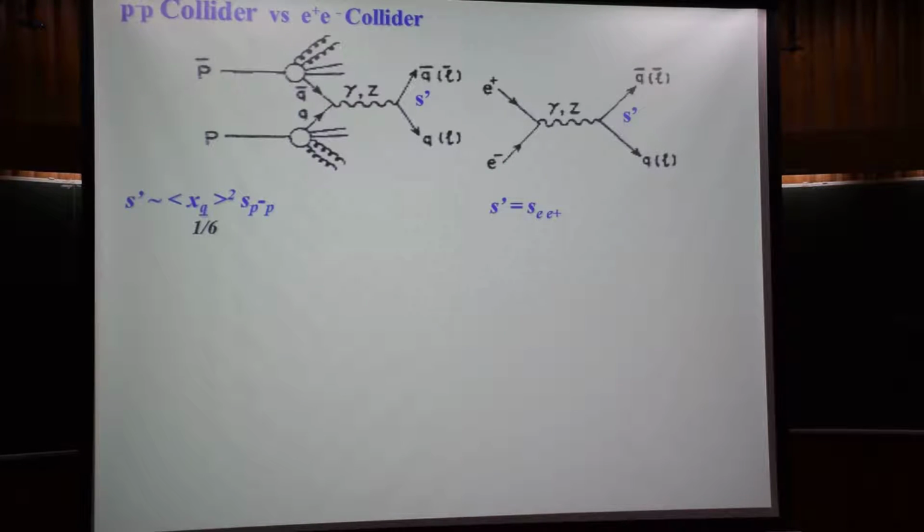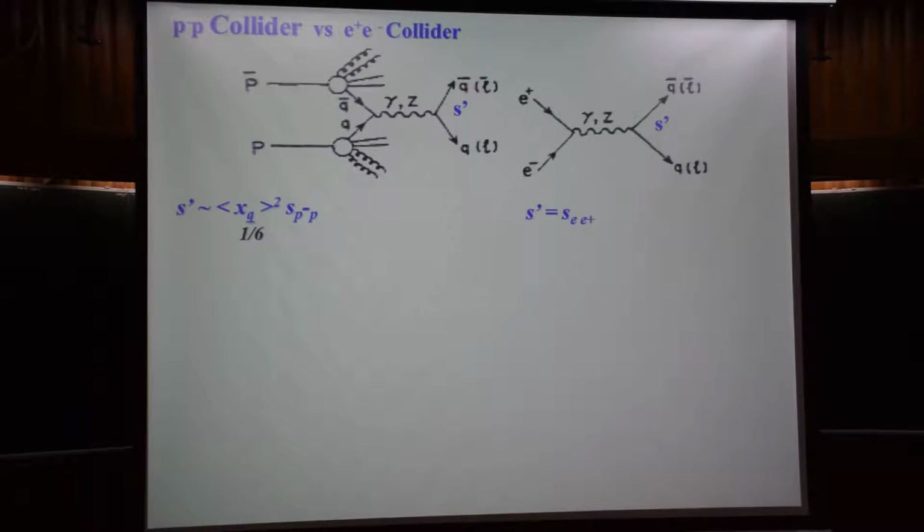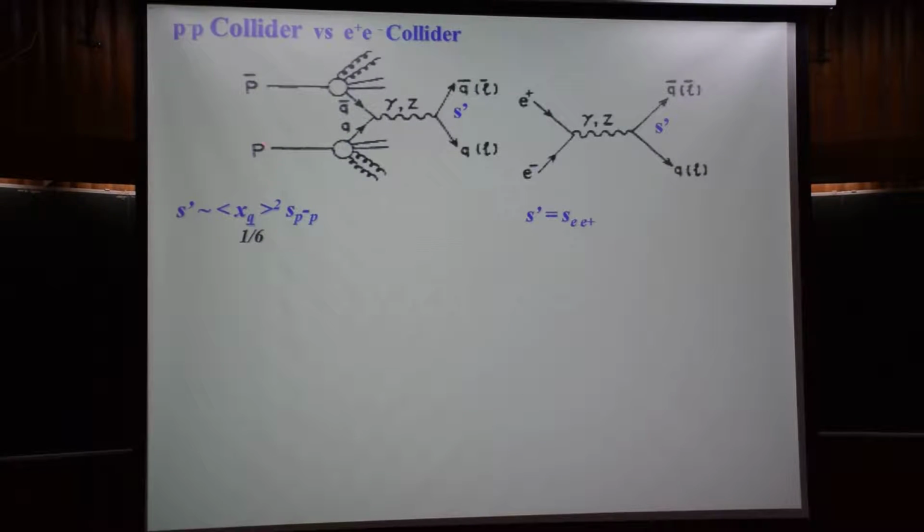The relative advantage and disadvantage of the two main colliders: proton-antiproton and electron-positron collider. The proton, we have seen, is made out of 3 quarks held together with a bunch of gluons. Okay. So in proton-antiproton collision, you can study quark-antiquark collision and probe the same physics as in electron